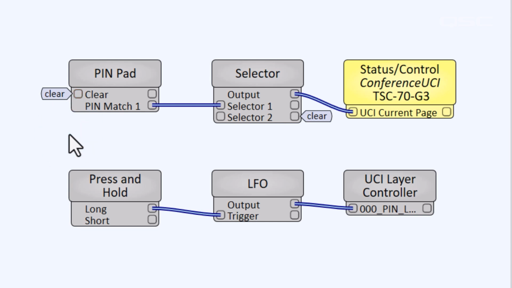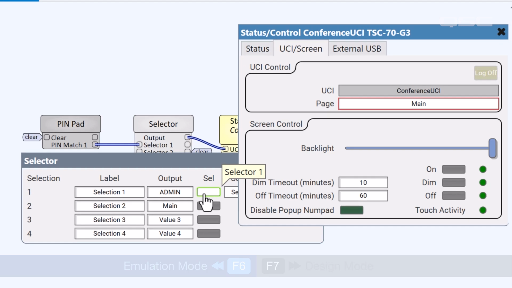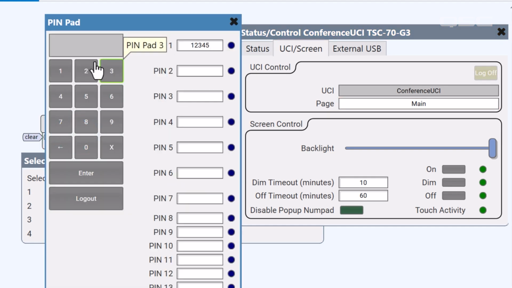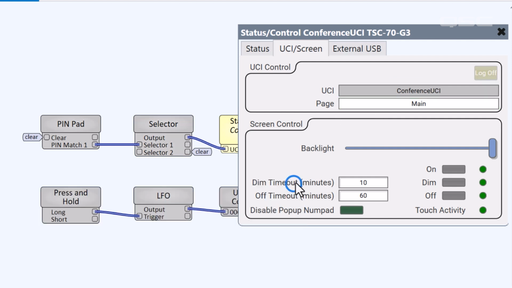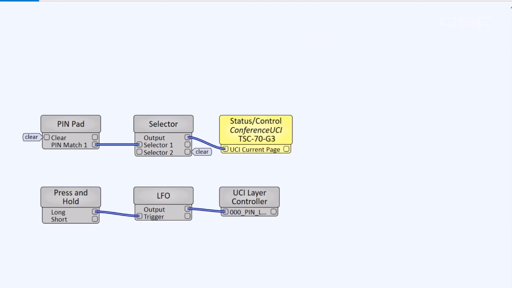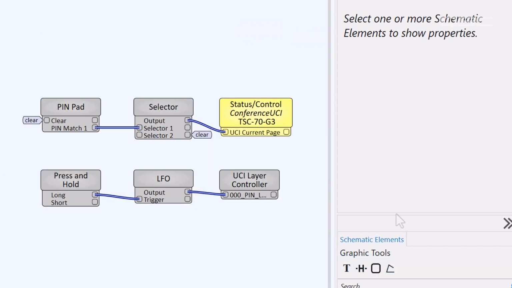And we also want to make sure that whenever the system boots up, the selector is reset. Because if for any reason the selector is already accidentally on selection 1 when the pin goes high, then the selector output doesn't technically change, so there's no event, so it won't send that text string to the UCI, so it wouldn't change. So we need to make sure the system starts in a known good state, where the admin selector is off. Here is a clever little trick you can use anytime you need a particular control to start